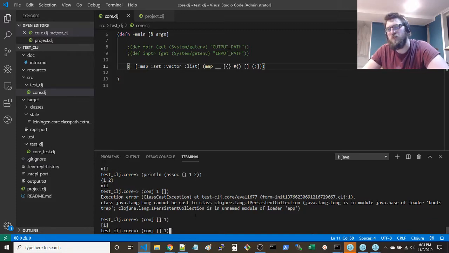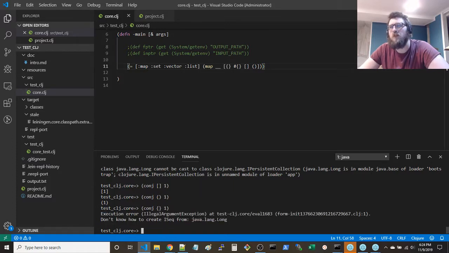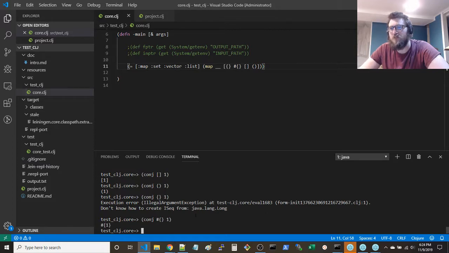Other way around, okay. Aha! So conjoin doesn't work for a map or a set. Oh no, it works for a set. So it just doesn't work for a map.